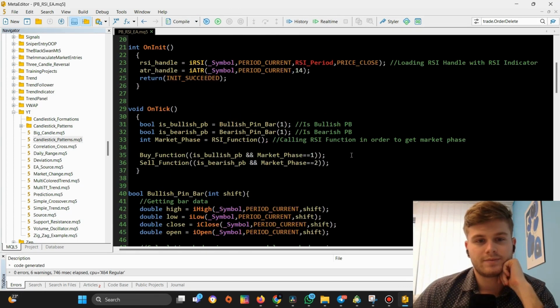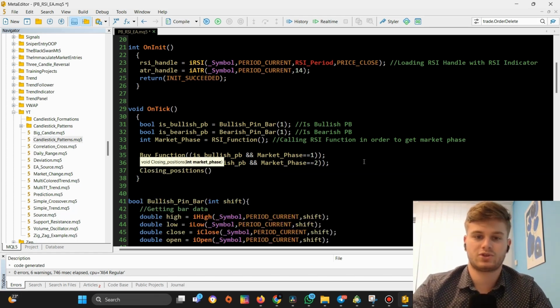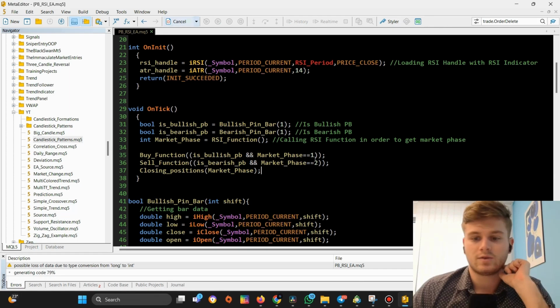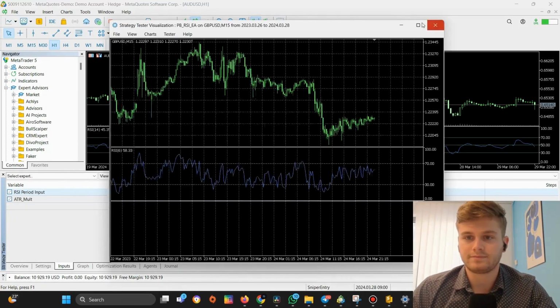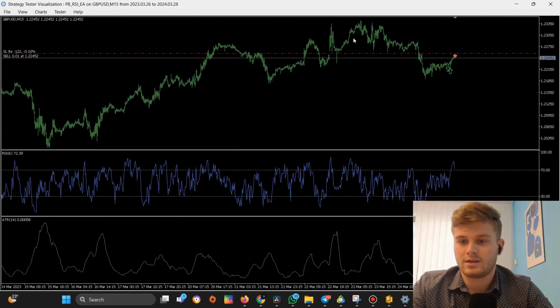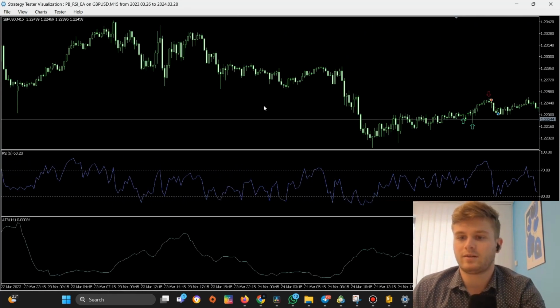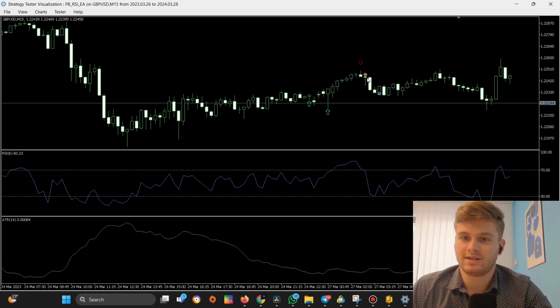So right after these functions I will call this closing positions, and market phase will be equal to the market phase value. So now if I compile this and run this here, you can see it here. Basically we have opened a sell position at this point, and we can see that we've closed this with a profit,